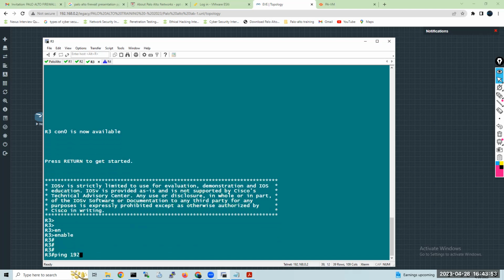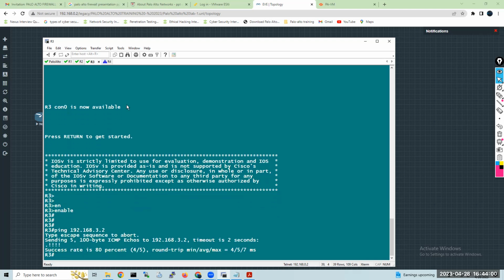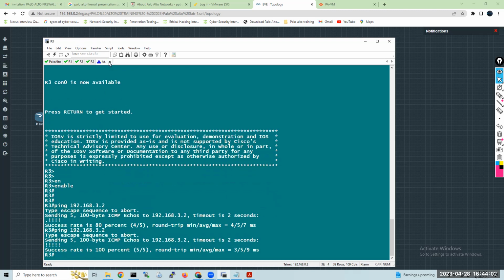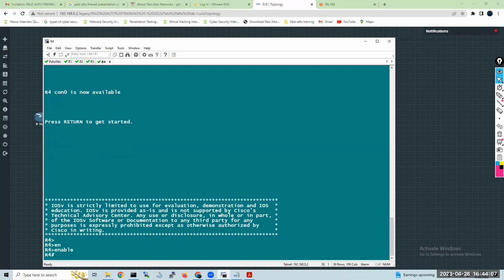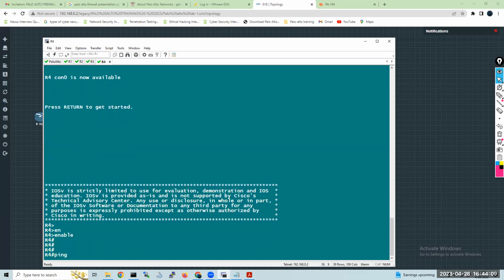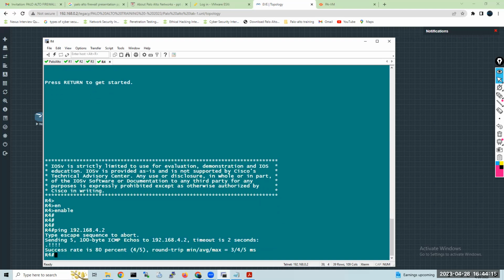Ping 192.168.3.2. Yes, okay. The same thing I can do for R4: enable, ping 192.168.4.2. Yes, so I do have the reachability now.